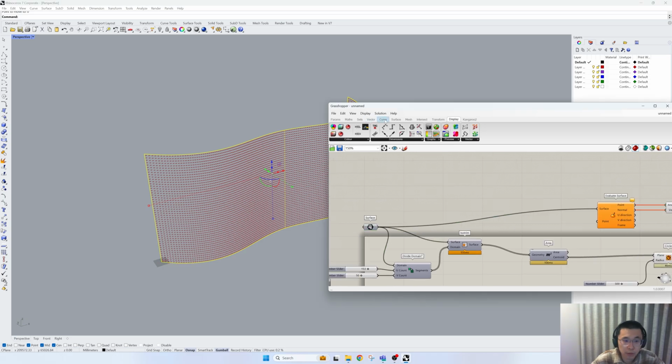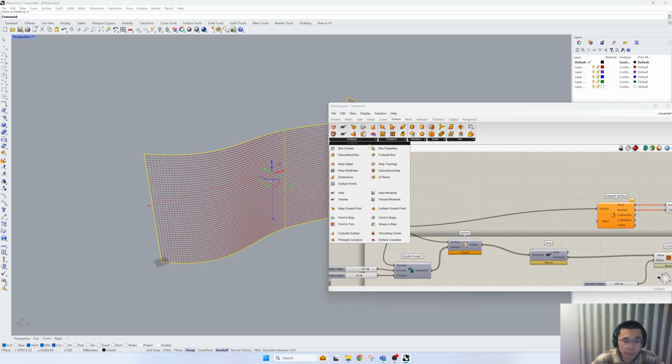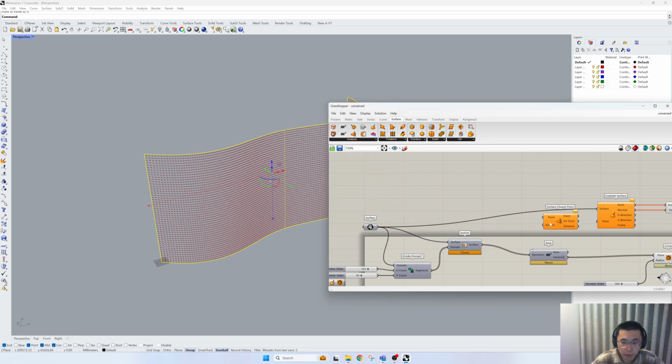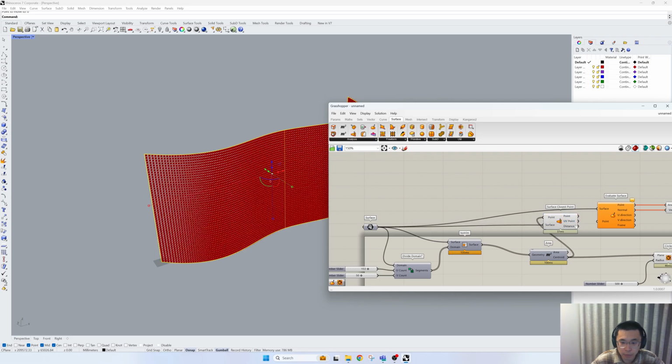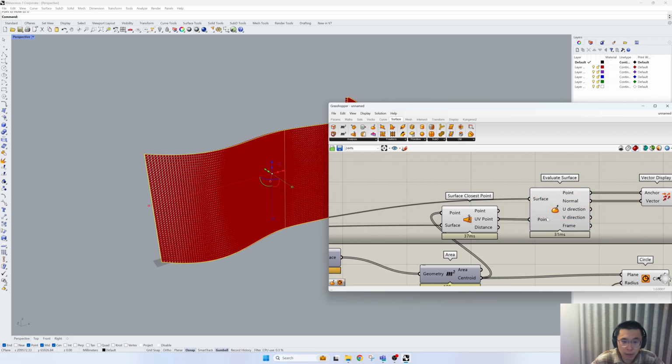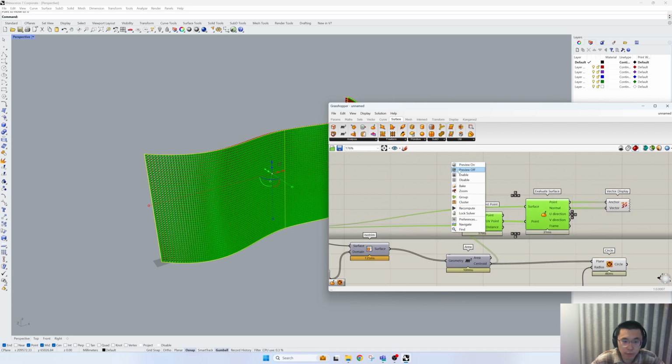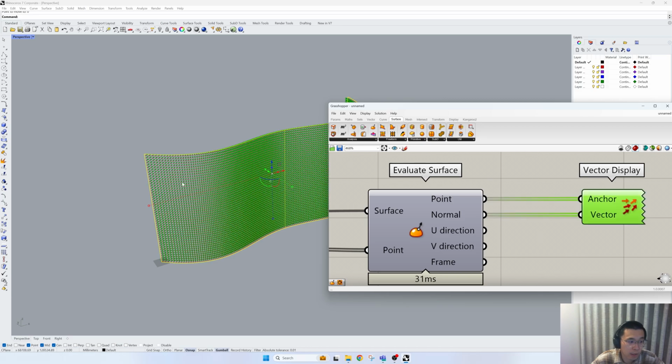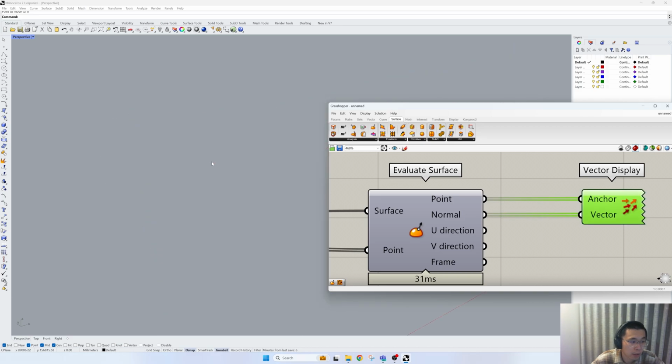So what we need to use is a function called Surface Closest Point, and then we'll connect that surface here, connect the centroid to point, and then the UV point connect here. We turn this off. Now we can see the vectors are showing correctly. And